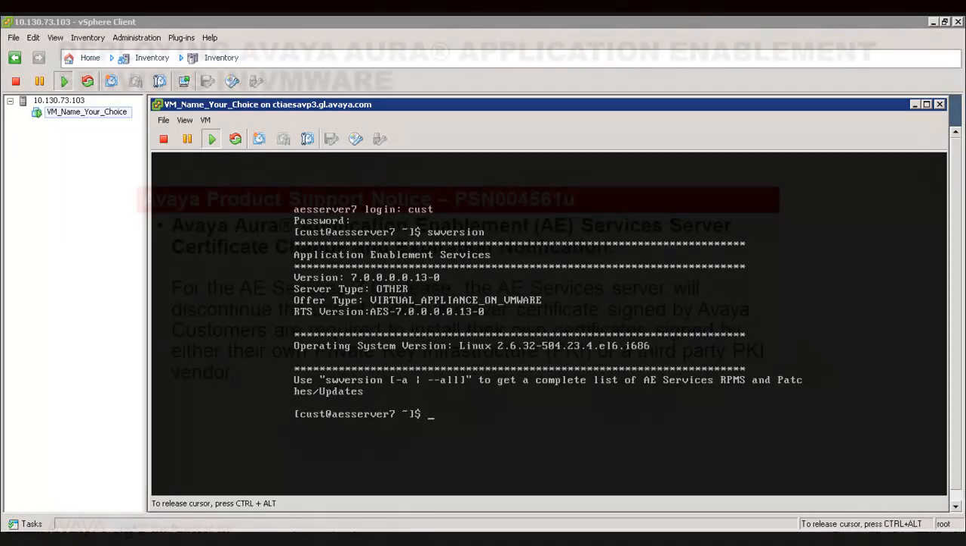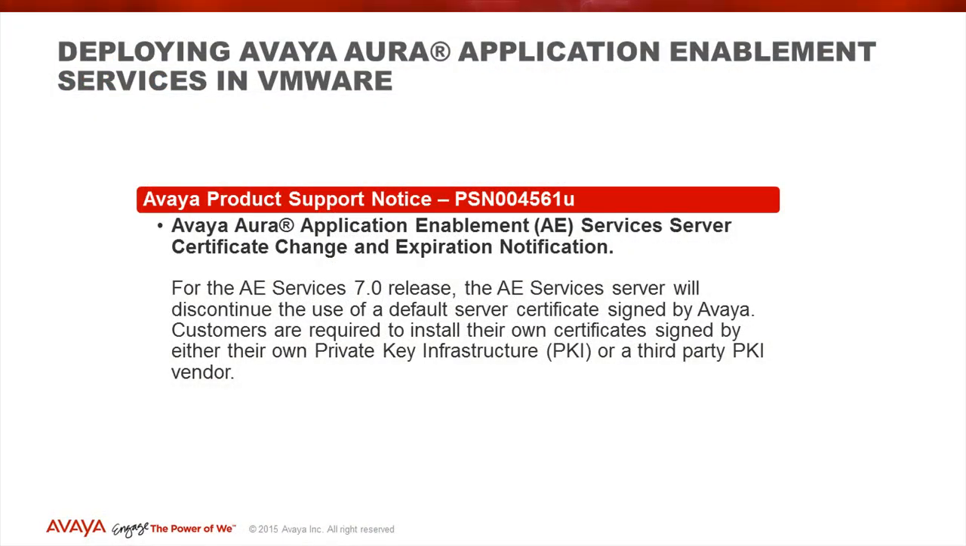One last item I would like to make you aware of is a change in the AES default certificate. This change is documented in Avaya Product Support Notice 004561U and states that for AES 7, the AES server will discontinue the use of a default server certificate signed by Avaya. Customers are now required to install their own certificates signed by their own private key infrastructure or a